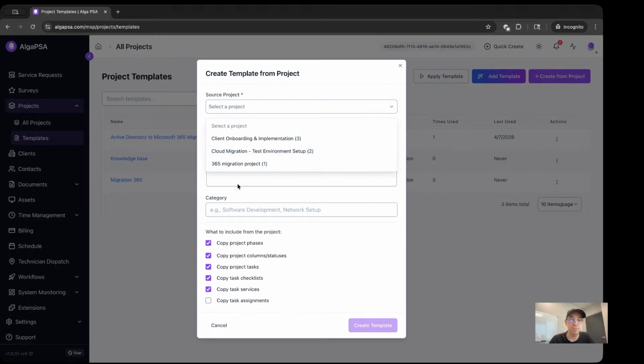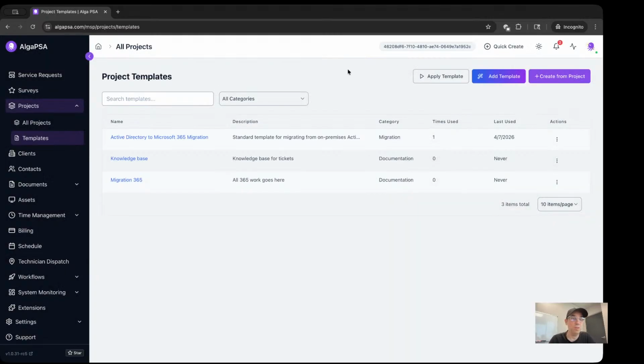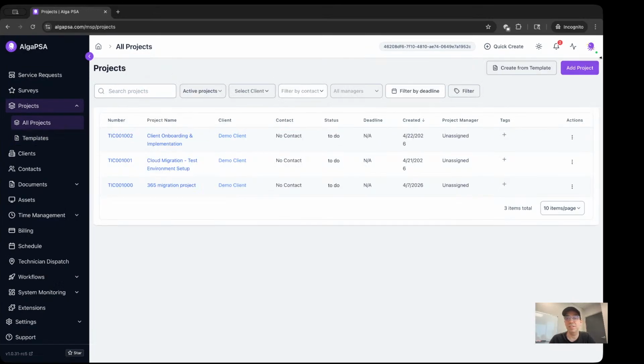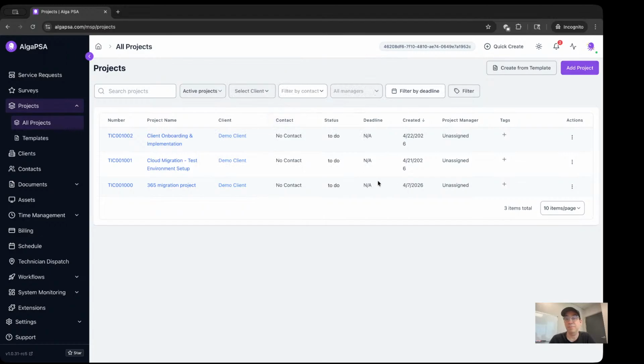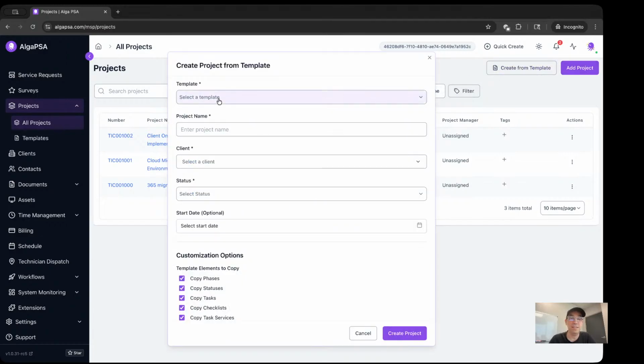So this is actually creating a template from a project. So this is the opposite. You can actually create a brand new template from a project, and then once you have it, you can go into your projects and you can add a project and you can create it from a template as well. So that's a big, big time saver. And so you just fill in the relevant details, the new project name, the client that it's associated with, the